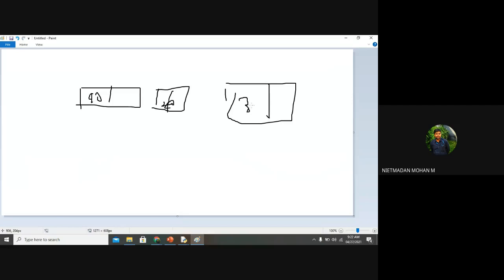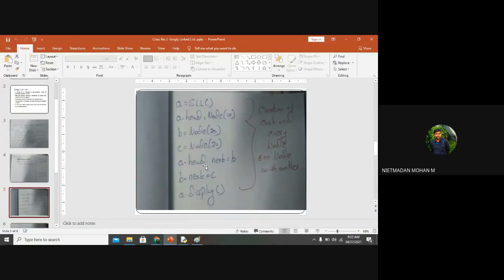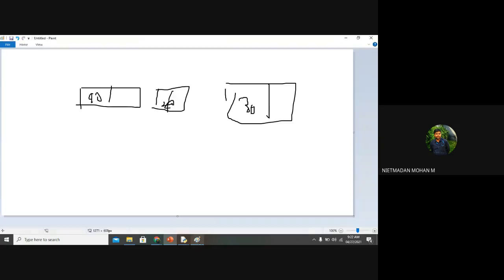So we have created this, and here you can see that I have given the code a.head.next is equal to b. So here I have represented this as head and this is a. A's next is called head.b.